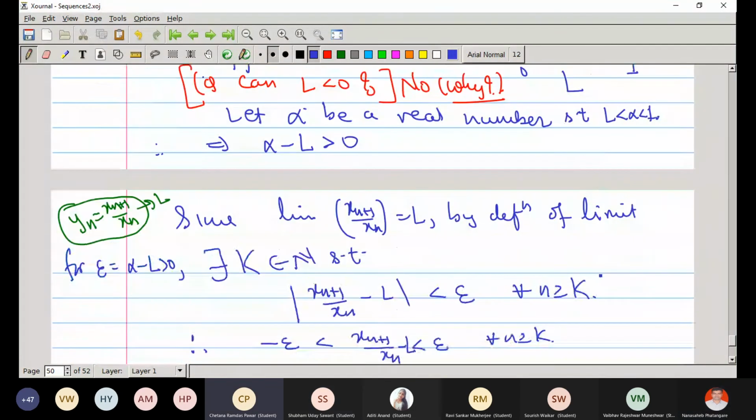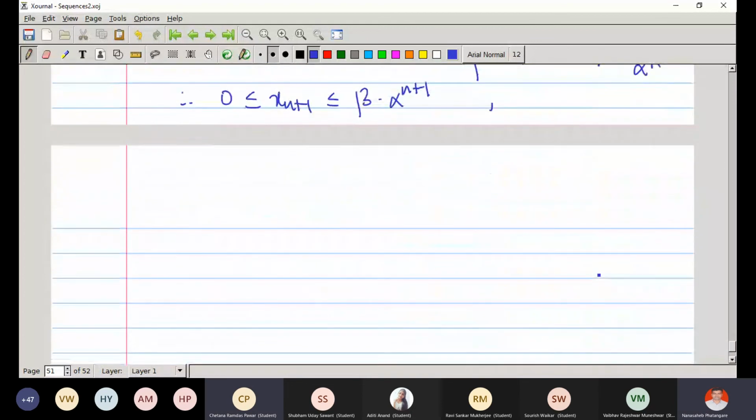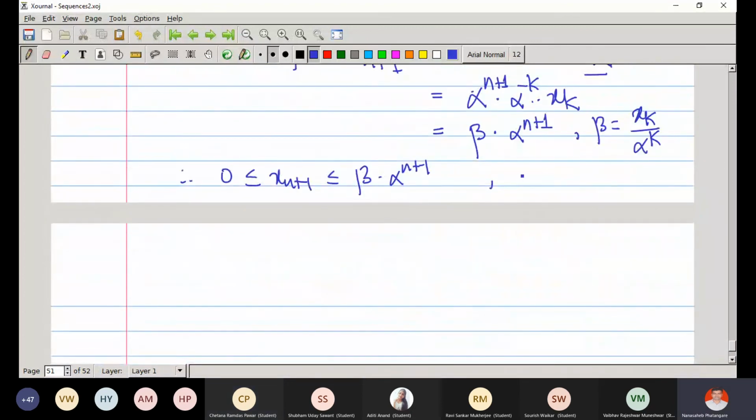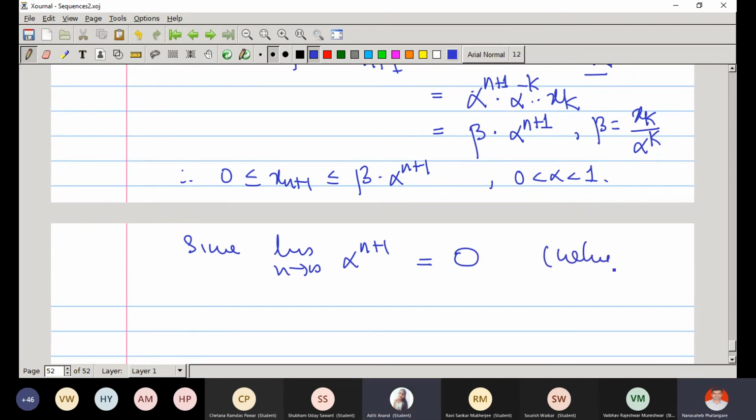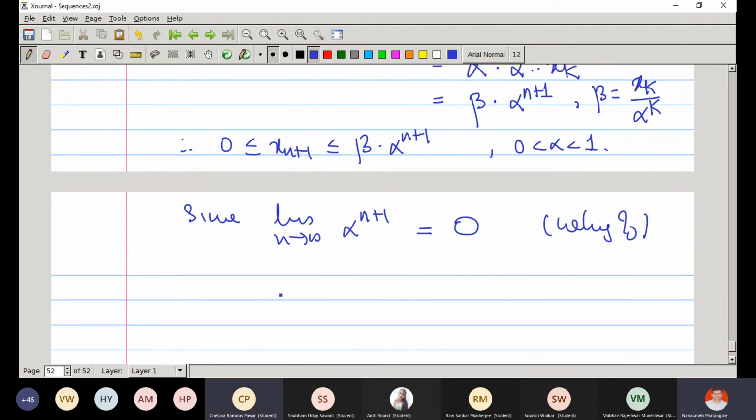Yes, sir. By sandwich principle, what is the limit as n tends to infinity of alpha raised to n plus 1? Is it alpha raised to n or alpha raised to n plus 1? Is it 0? Yes, sir. Why? Because alpha is less than 1, and therefore by sandwich principle,